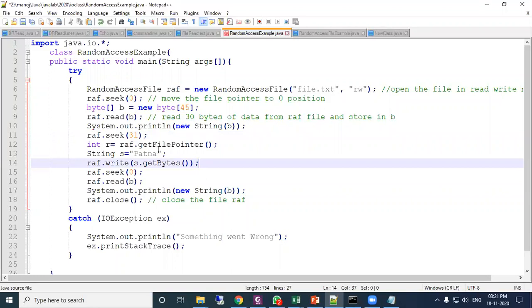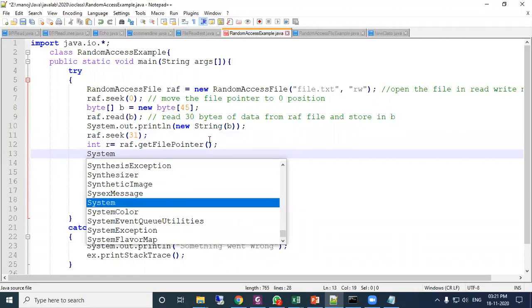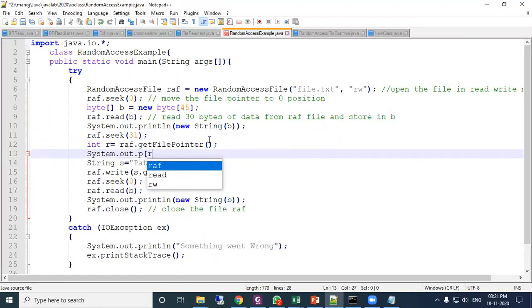So here getFilePointer, then System dot out dot println. Suppose I print r.